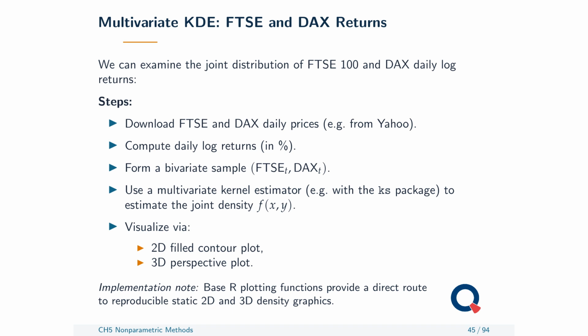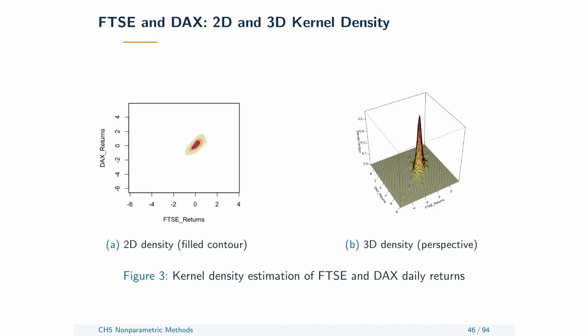Take a joint estimate for the FTSE 100 and the DAX. It shows how often the two markets fall together and whether their extreme moves line up along a diagonal. That is far richer than a single correlation number because the pattern can change across the distribution. Still, a smooth joint density on its own will not prove causality, dynamic dependence, or a relationship that holds steady